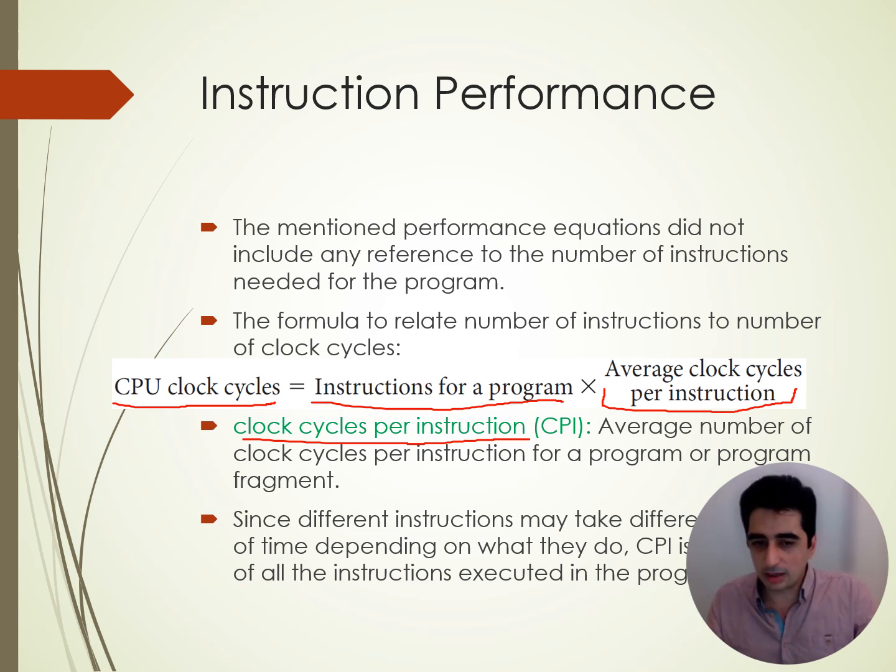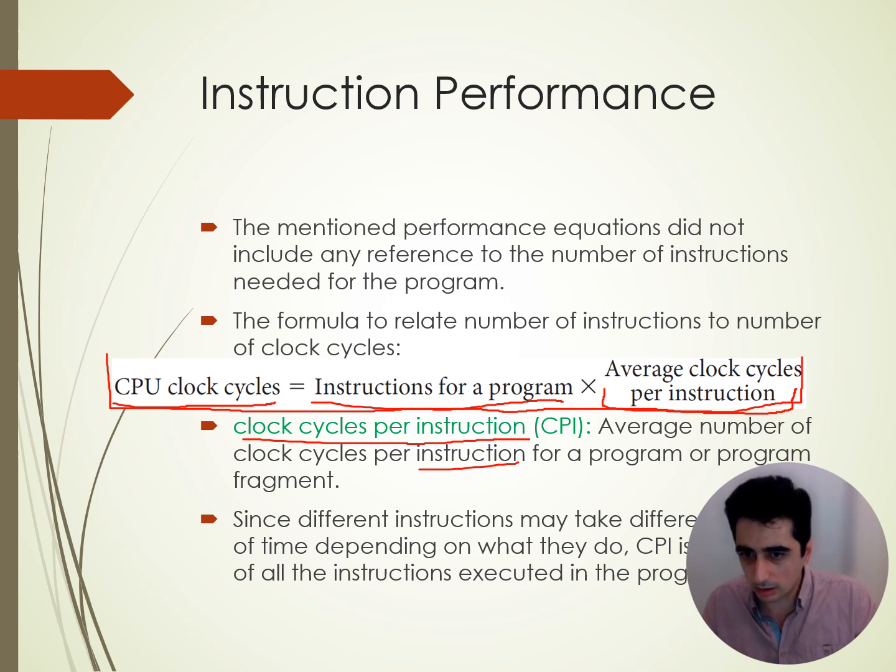So the average number of clock cycles per instruction for a given program in a given CPU is called CPI, right? And now that we have this formula which says the CPU clock cycles equals number of instructions times the clock cycles per instruction, we can